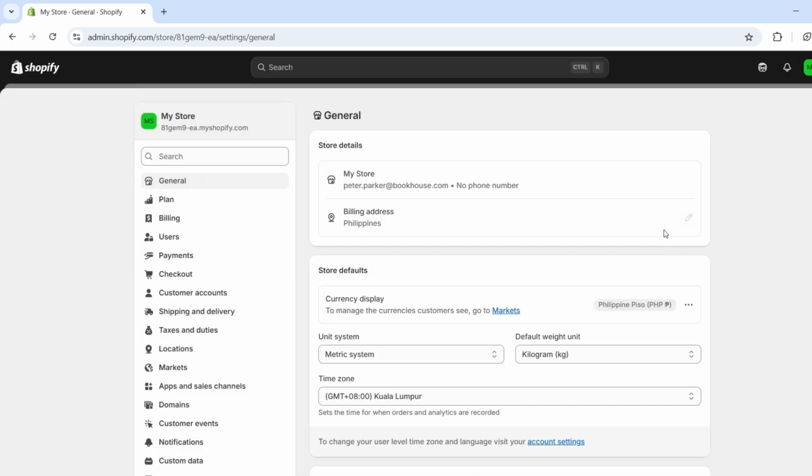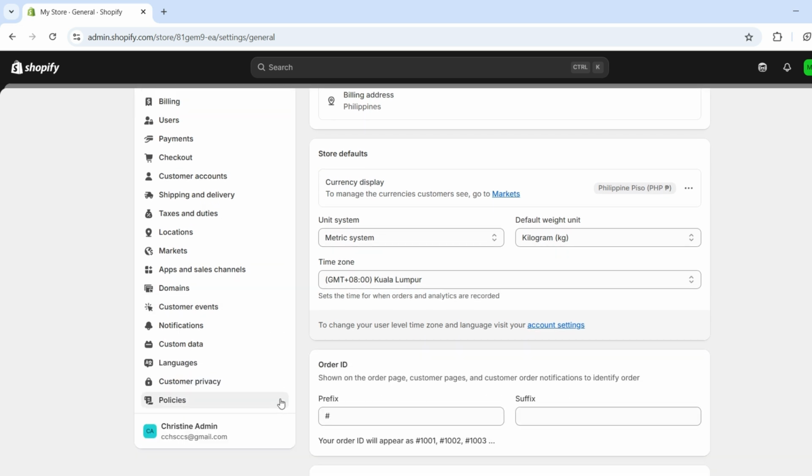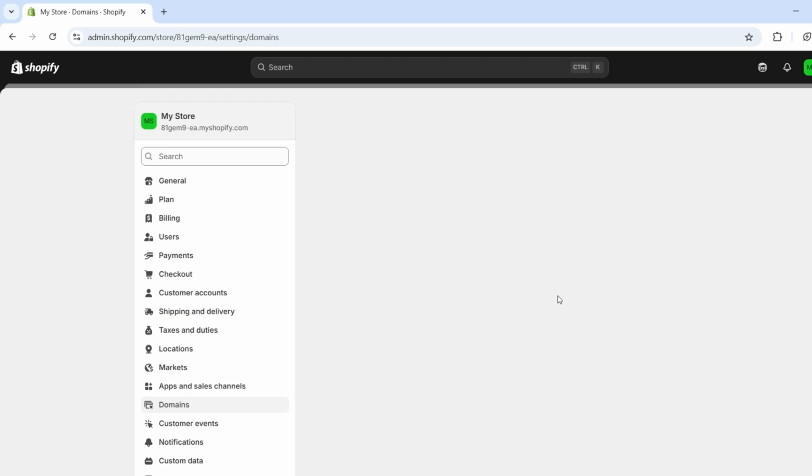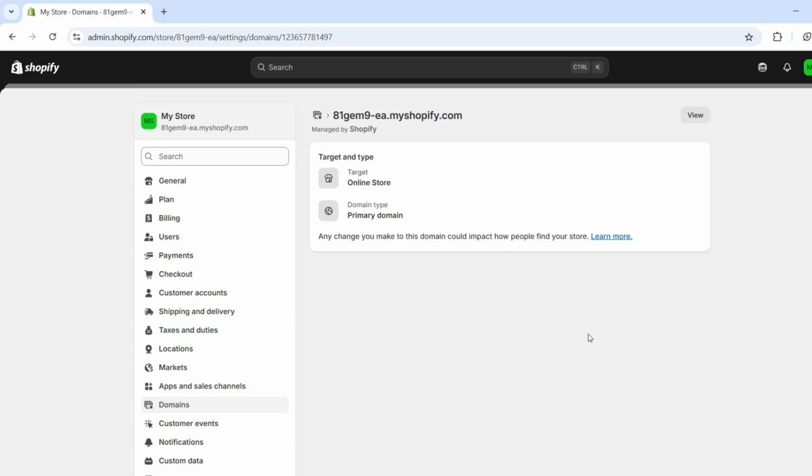Next is you have to verify your email to avoid emails going to spam. So you're going to add some records to your domain. So if your domain is hosted by Shopify, just scroll over until you can see these domains. So in this page, you can easily see all of your domains. And in my case, I have this existing pre-made domain made by Shopify. And if you have specific domains connected in this page, you can easily just click on it and you can easily manage its DNS. So that's pretty much it.